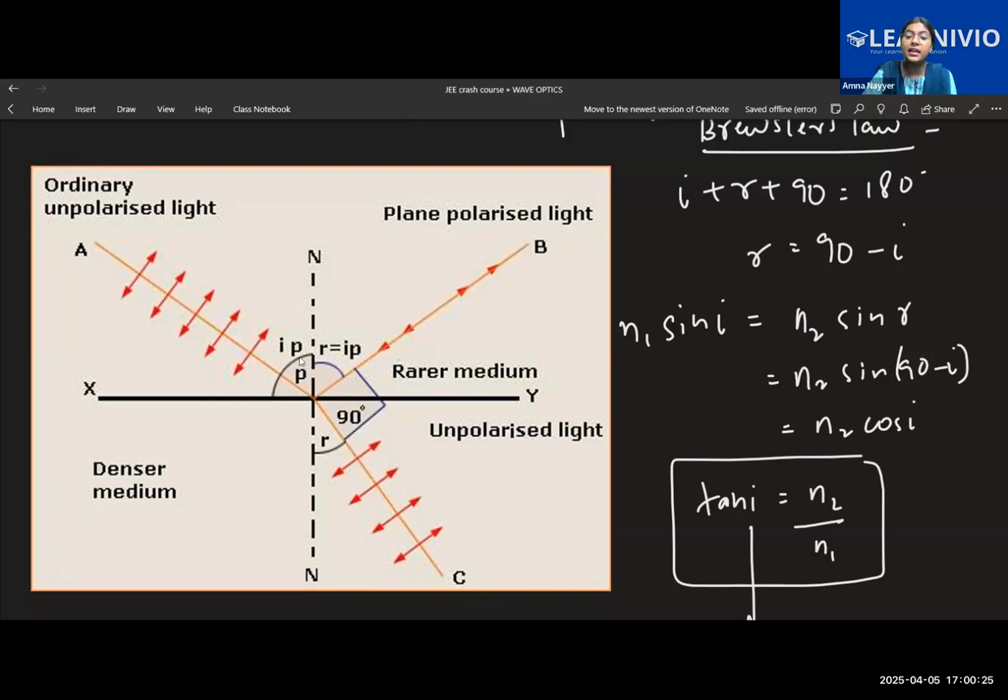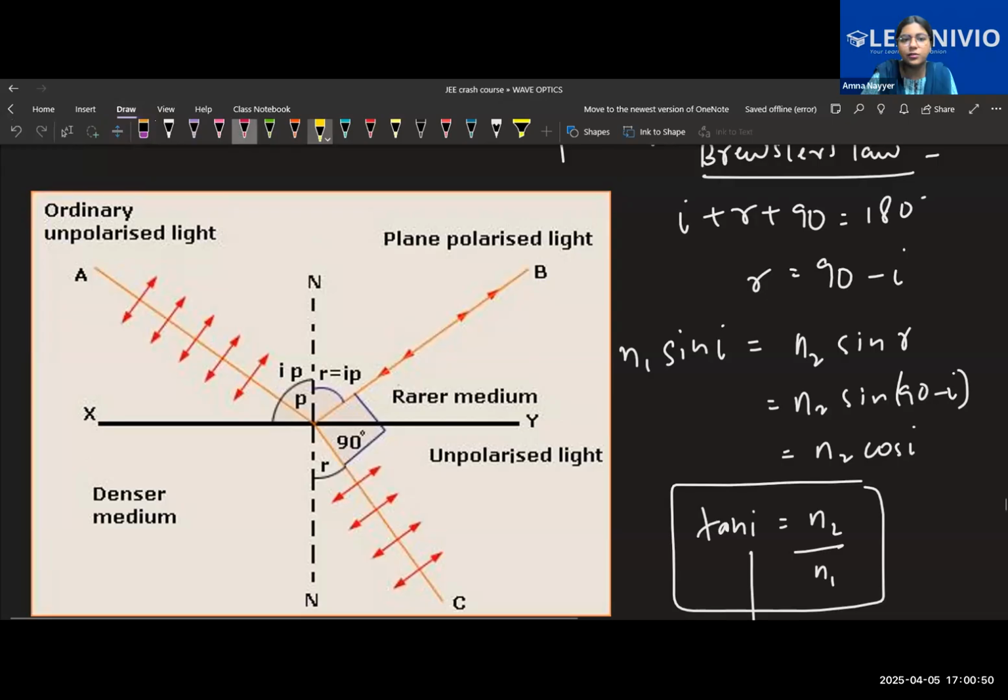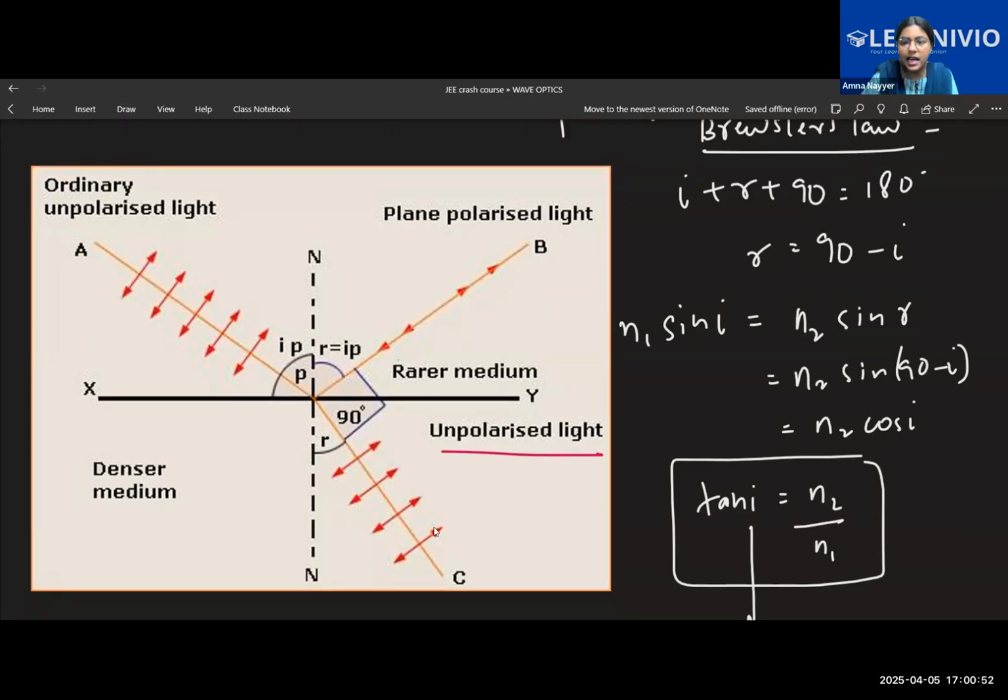But there is a certain angle at which the polarized rays appear. Every ray will not be polarized from here. Only those at which you have placed the polarizer and analyzer will be passed. What about the rest of the rays which were oscillating in different directions? They get refracted through the surface. So that's why it is written, these are unpolarized rays. The unpolarized light came, it refracted, unpolarized.